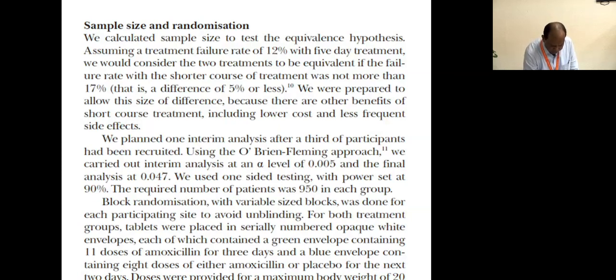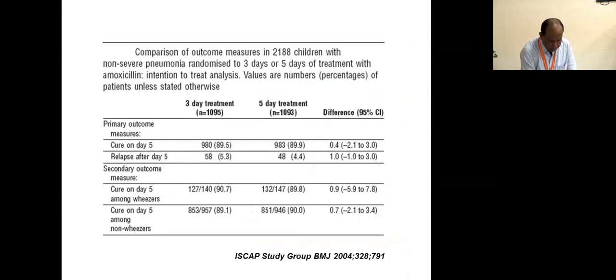Okay. So now there are many other parameters, the relapse after 5 days and so on and so forth. All these parameters suggested that 3 days is as good as the 5 days. Okay. Because we got involved with McMaster University, they were able to phrase the questions correctly. Otherwise, we would say there is no difference between the two groups. Therefore, we will accept the null hypothesis.